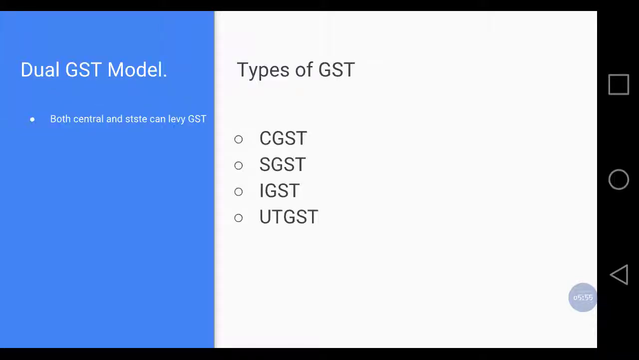Okay, suppose in case of intrastate supply, we'll take case by case. First we will see intrastate supply. Intrastate supply means, as I said, the supply happens and the receiving happens within the same state. For example,